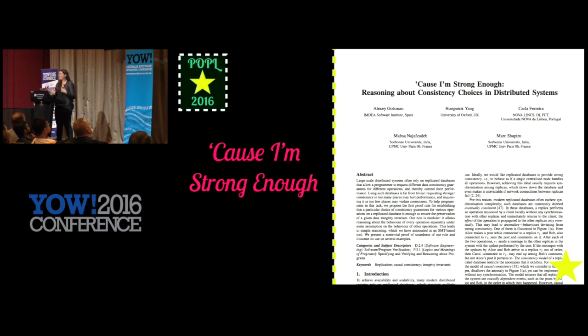Okay, so like I said, Because I'm Strong Enough was also published at POPL in 2016. So basically, instead of exhaustively exploring the failure space of a specified program and trying to do all the model checking, it actually helps you specify the tenets of the system, like these are the properties that it should hold, and then it'll help you verify that you are using just the right amount of consistency so that you can have more available systems and only add consensus and strong consistency where you need it.